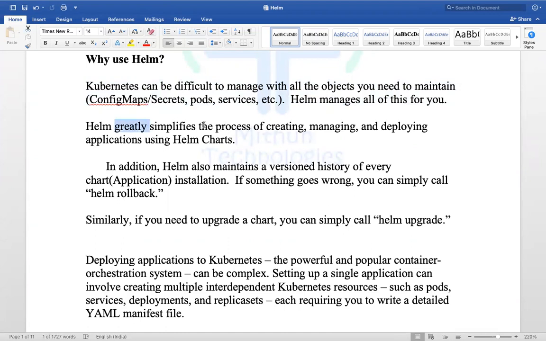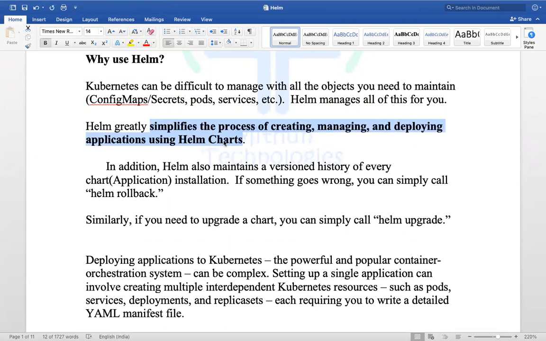Helm will simplify the process of creating, managing and deploying the applications using Helm charts.